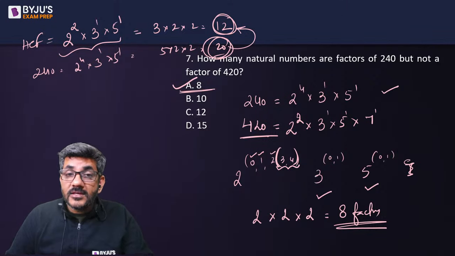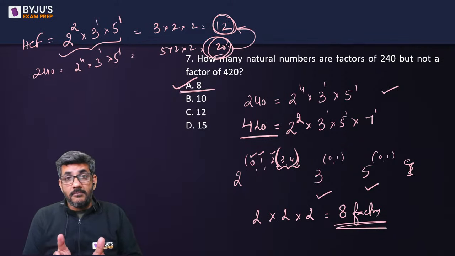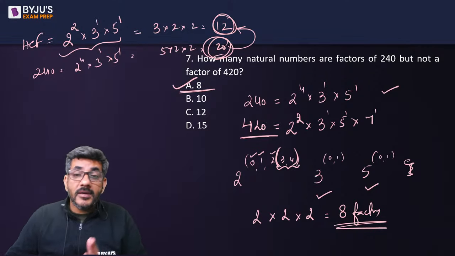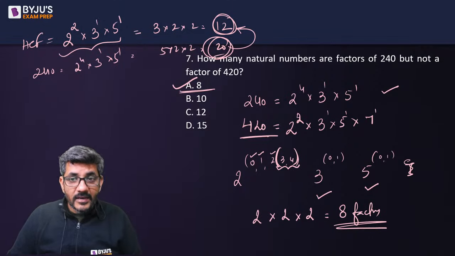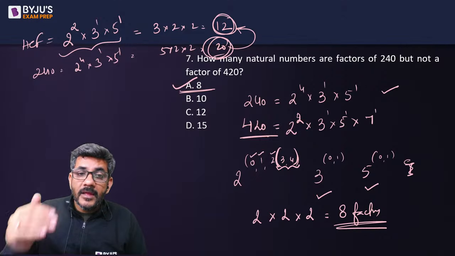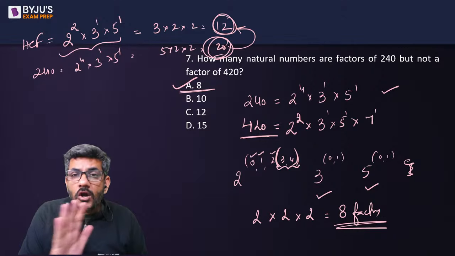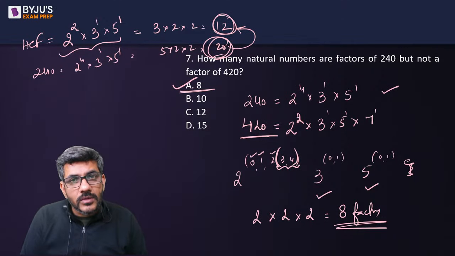Even that is a method of doing this question, जहां पे आपको समझ ना आए कि अगर मेरे पास दो मतलब पावर्स ऐसी आ जाती है, 2 की पावर भी उधर ऐसी आ रही है, 5 की पावर भी एक तरफ ऐसी आ रही है, सर 7 का क्या क्या नहीं पता चल रहा है. In that case you can always do this process, right. Tanisha, I'm just saying, if the power of 2 is 3 or 4, can I say it will not be a factor of 420? Because 420 has the power of 2 as just up to 2.